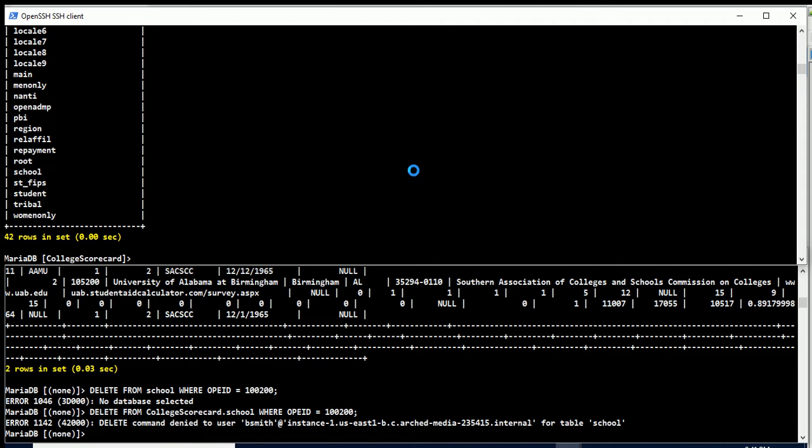Which is pretty common for most IT type systems, right? We usually want to do some kind of delegation to groups, and we want to have permissions we can set at the group level. So we could do the same thing here. So first, let's do the scenario where we decide on a couple tables. So what I want to do is give access to the school, religious affiliation, admissions, academics, the locale and region,